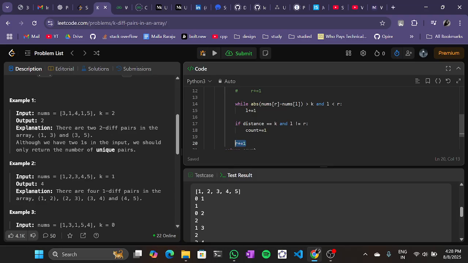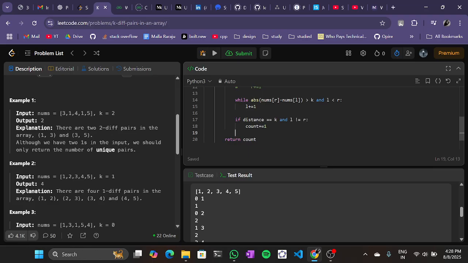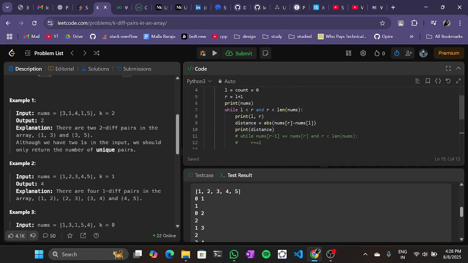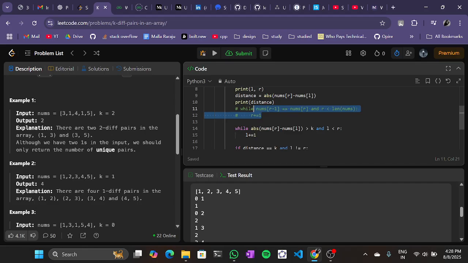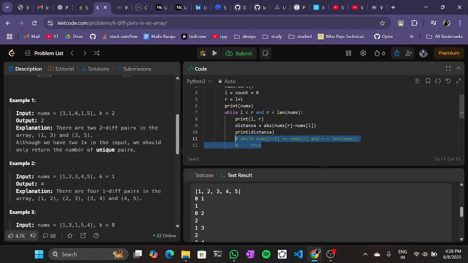But if we make it a for loop, then we cannot increment r. Right. So,